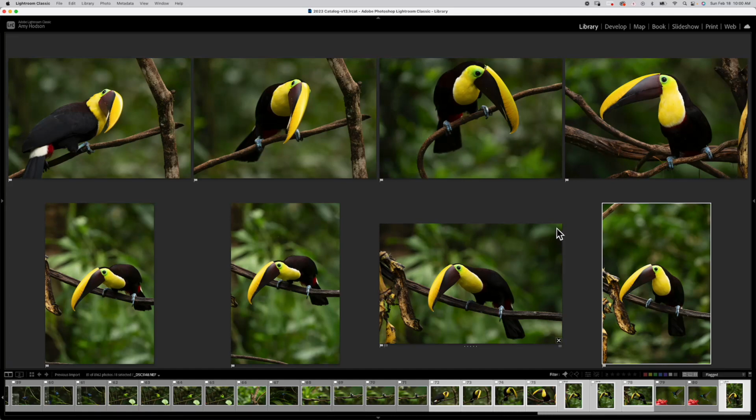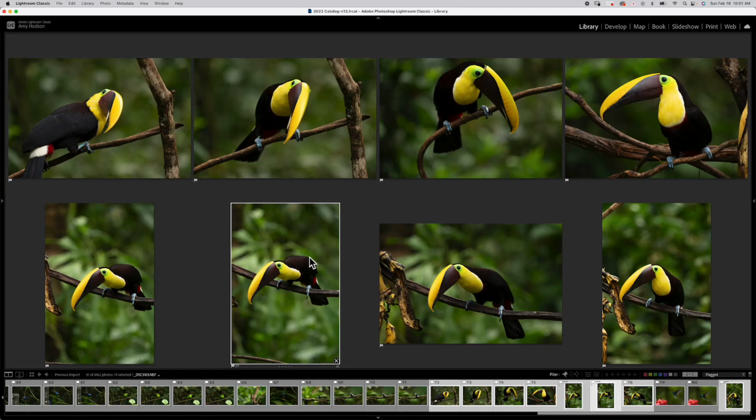So, taking a look at these, let's see here. I like this one, even though his tail's cut off, because this eye is actually really sharp. And I think it's just a really neat pose of his bill coming down. And I love these backgrounds. The backgrounds on the lower section of images are actually a little chunkier. It's not quite as smooth and pretty as we'd like, but we can do a little something there to make that better. So I'm going to go with this image right here as the first image that I would like